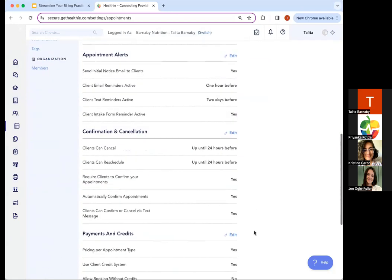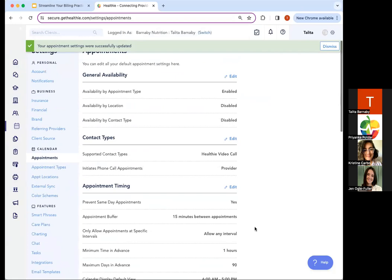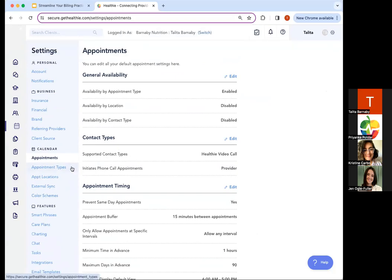Awesome. So this is the page that I am on right now. So we were in settings. I can see your appointment settings were successfully updated. Amazing. So now let's take a look at those appointments and setting specific appointment types and the pricing per appointment